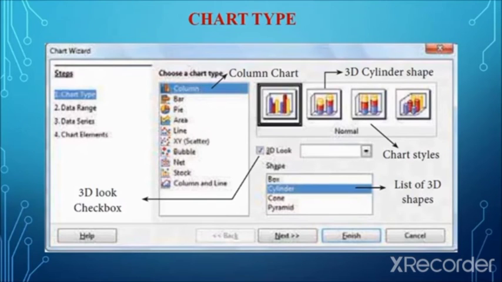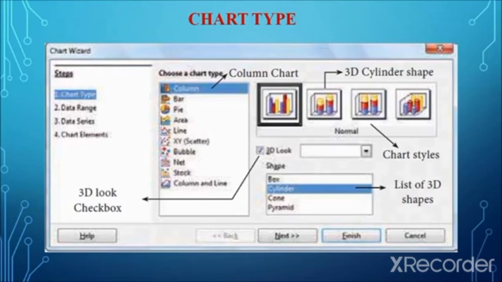And OpenOffice Calc provides a chart wizard. In the function we have seen about the function wizard. Here, for creating and manipulating charts, OpenOffice Calc provides the chart wizard. First we are going to see what a chart wizard is. The chart wizard is used to insert charts in OpenOffice Calc. The user can select the chart from the Insert menu by selecting the chart command, or the user can select the chart icon from the standard toolbar.